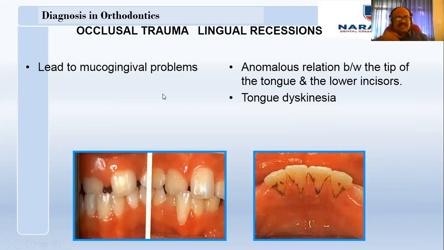Another thing is, as in class 2 conditions, the lower incisor tip goes and impinges on the palatal mucosa, and the upper teeth, due to retroclination, strip off the lower gingiva. You can literally see the stripping of the lower labial gingiva. If there is any change in the labial, lingual or palatal gingival tissues, you have to make a note of it.